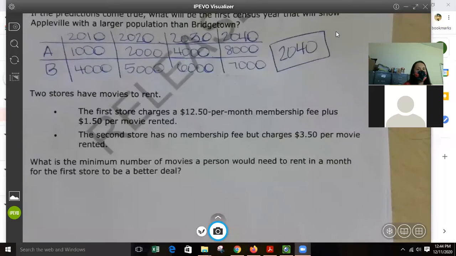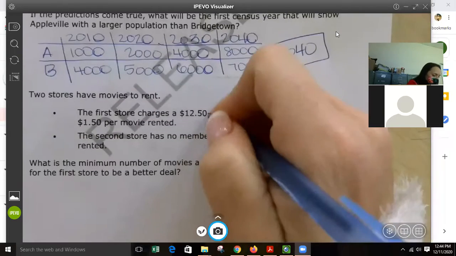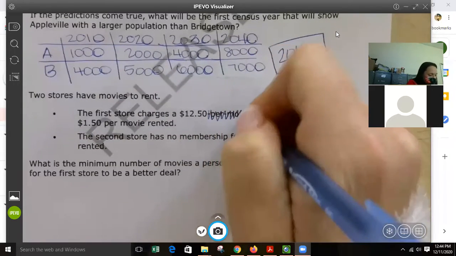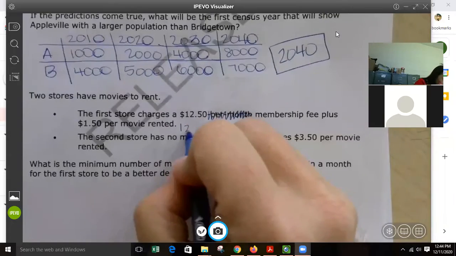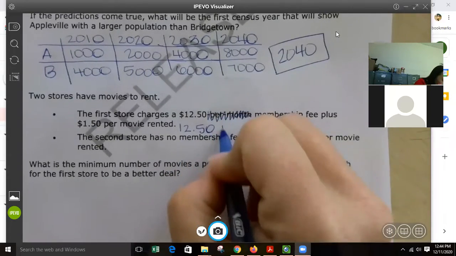Right, so in the next one, it says 2 stores have movies to rent. The first store charges a $12.50 per month membership fee. Now this per month is what's going to throw you off. So mark this per month out. The membership fee is what you pay in general, okay? So you pay to be part of the club. Plus $150 per movie rented. The second store has no membership fee but charges $350 per movie. So this one is $12.50 plus